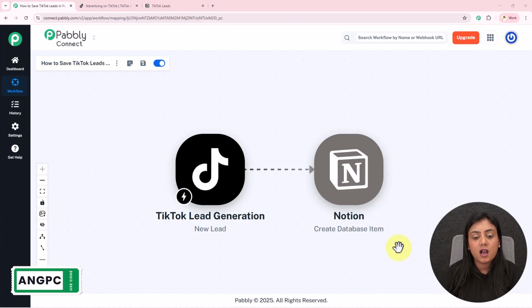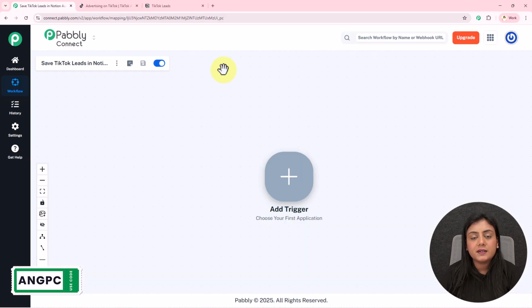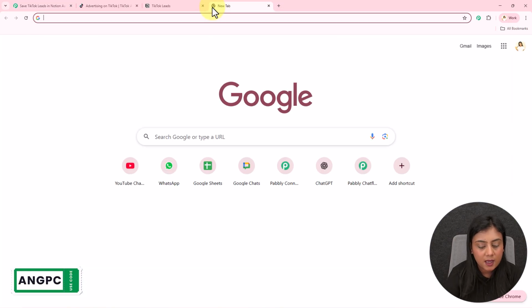So over here, this is how you will see your connection is going to be created between your TikTok lead generation and Notion. And without wasting any more of your time, I will teach you how you can create this connection. Okay? I have already created a workflow inside my Pabbly Connect account. If you want to learn how you can create your workflow, simply open a new tab and search